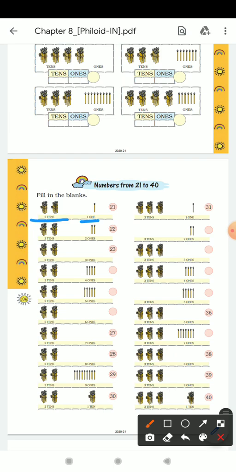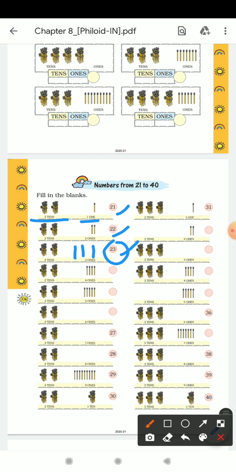Mainly it is in the form of counting. Suppose 21, 22, 23. You can see here it forms a counting that started from 21. So how can we write here? Now look at this question. Here it is written 23. So two bundles are there, but what about 3? So here we have to draw 3 matchsticks. Okay, in this way you have to do this.